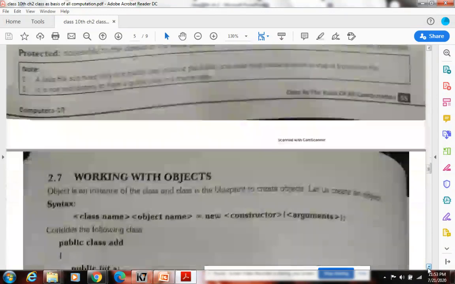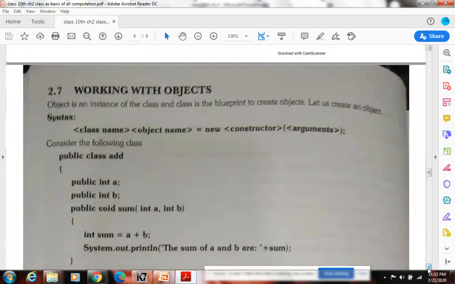So next is working with objects. I just explained it, this line, how you will create an object. It's just telling you the syntax. Syntax means how you will write it. Class name. Like I have told you, ABC. Suppose I write here and we'll compare it. If I write here